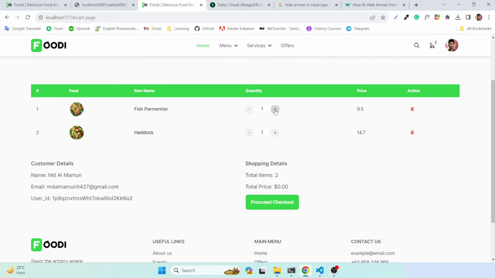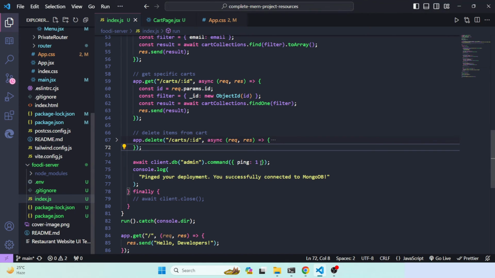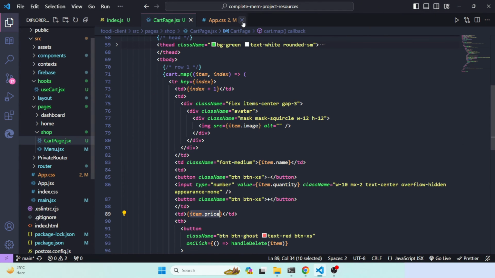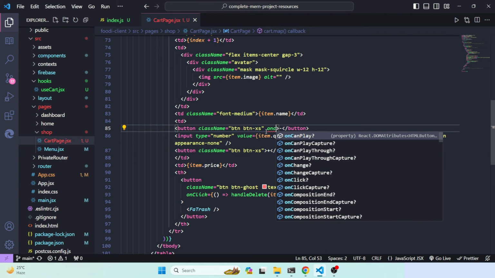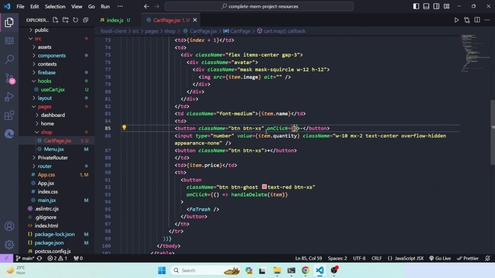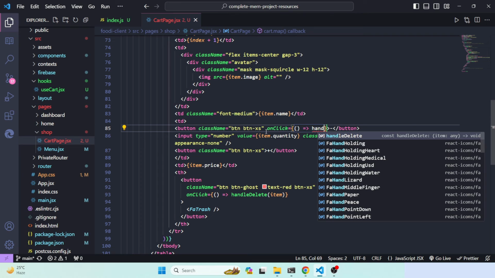Firstly, let's add an event listener to our add to cart page. Let me close this. Here we have buttons. Actually, this is the plus button and this is the minus button. Okay, so let's define onClick. On click, we'll have an anonymous function, and when we click, actually that would be